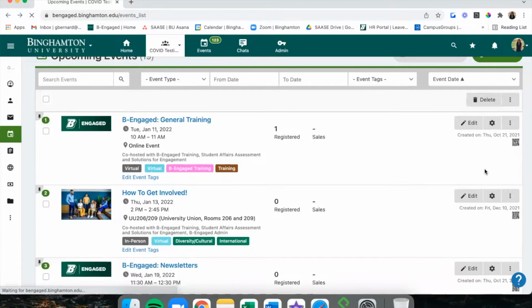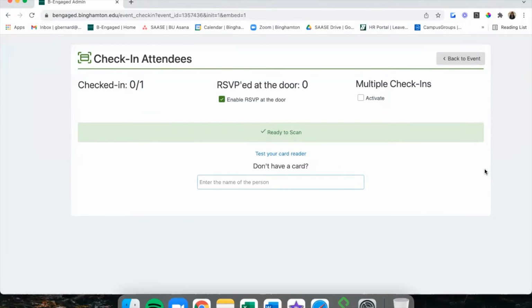The check-in attendees button brings you to one of the attendance tracking options. This is the track attendance with a computer option. So it automatically brings you with one click of a button to this screen where you can start finding people and checking them into your events by searching their name or their email.